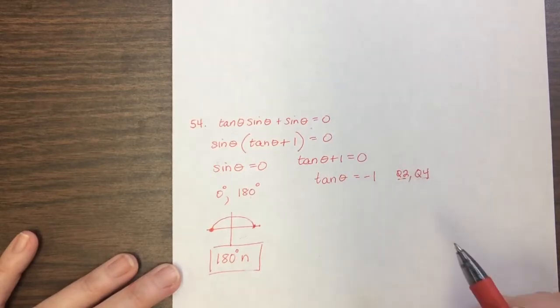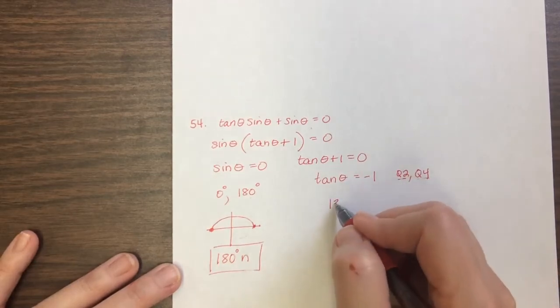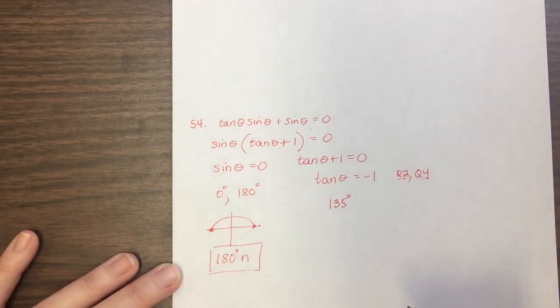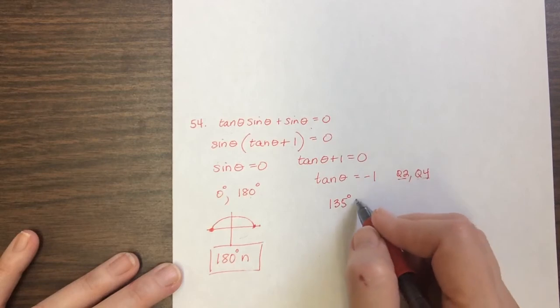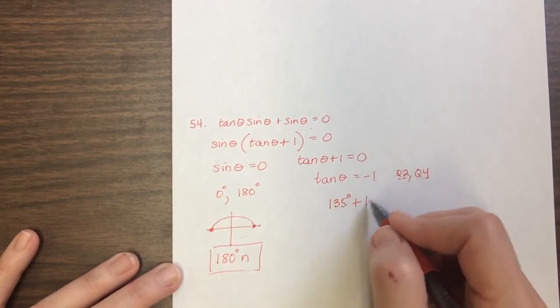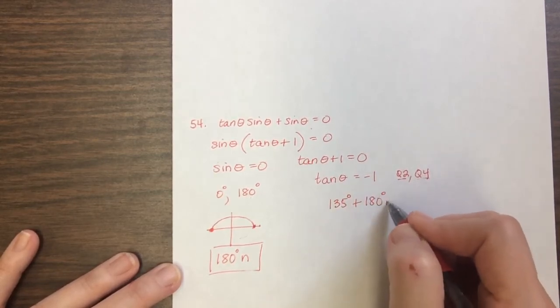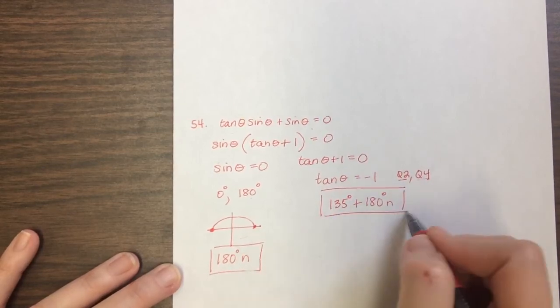Alright, so out of quadrant 2, I'm doing 180 minus 45 degrees or 135 degrees. And you can figure that out, but you don't need to with tangent because you know that if you add 180 degrees times an integer, that's going to give you